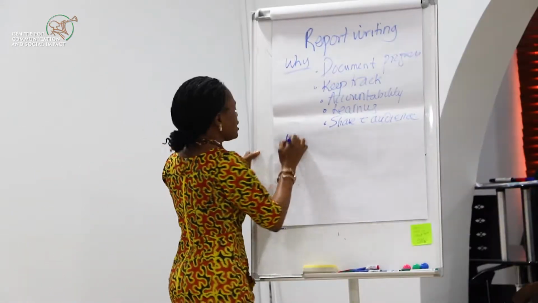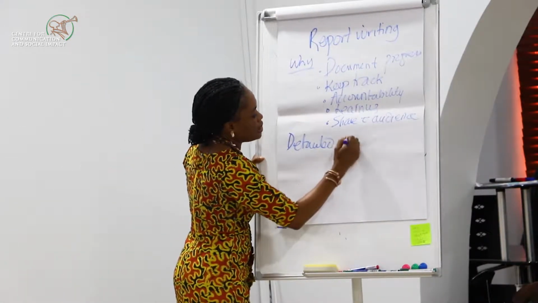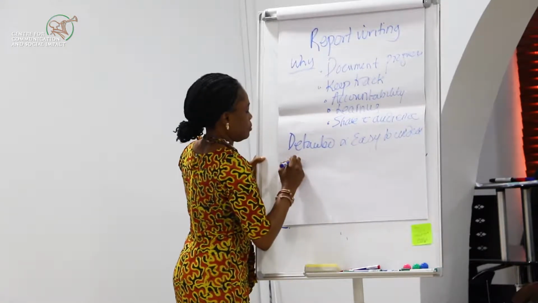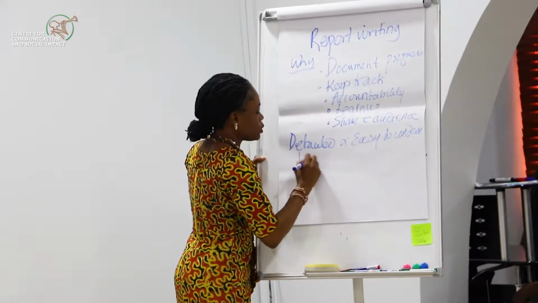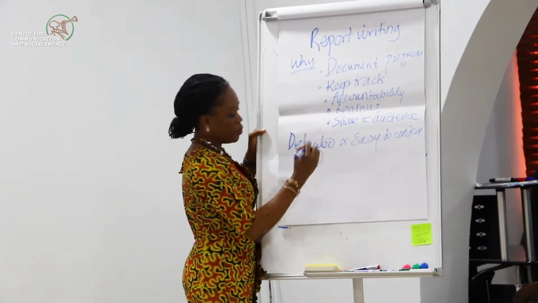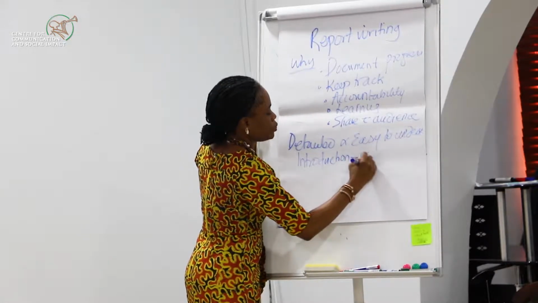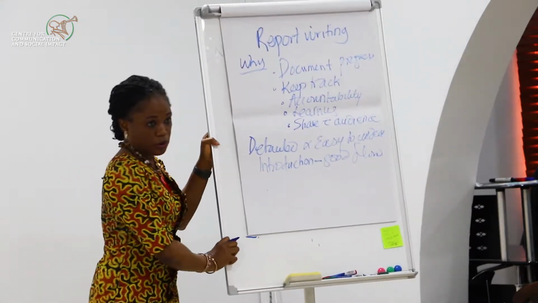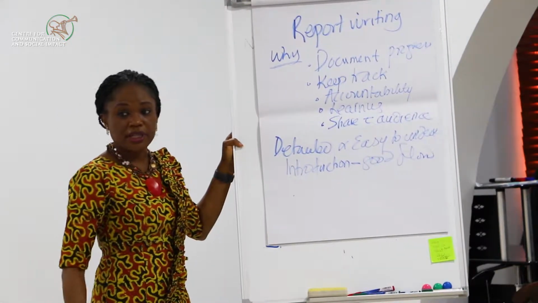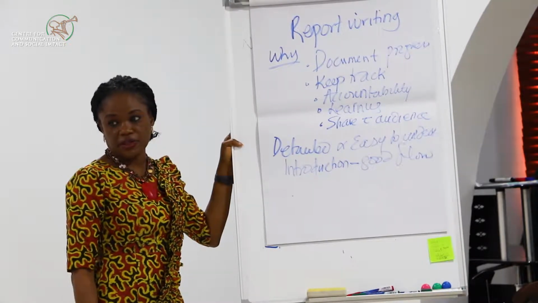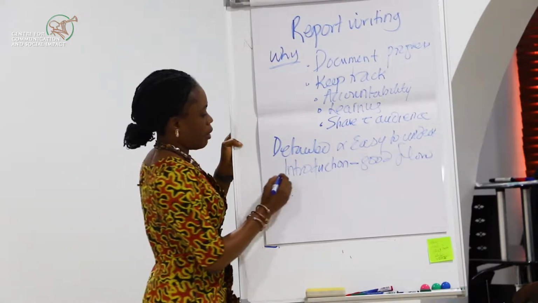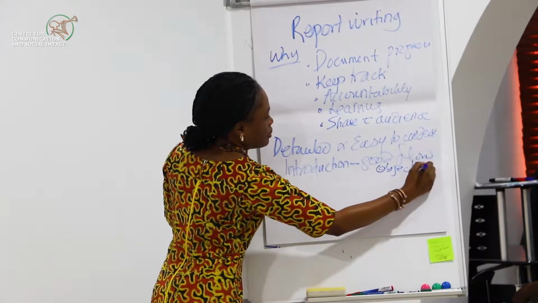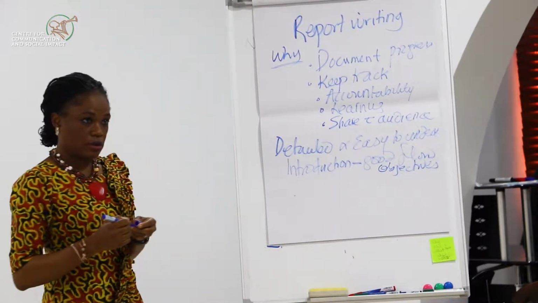Detailed, yes. She said two things: detailed and easy to understand. What else? You should have an introduction, kind of an overview. Introduction. Let me build on that and say you should have a logical flow, right? Introduction and good flow, yes. What else should it have? Remembering that someone was not present at the activity, you should have the objective of why, and what the activity intended to achieve. So good flow, including objectives, yes.